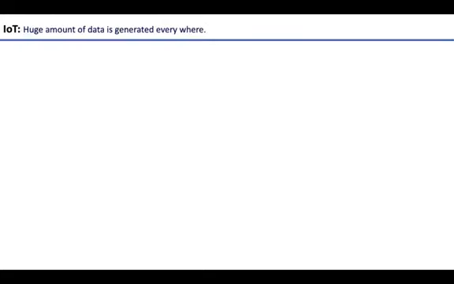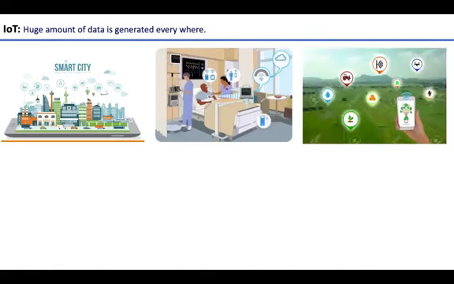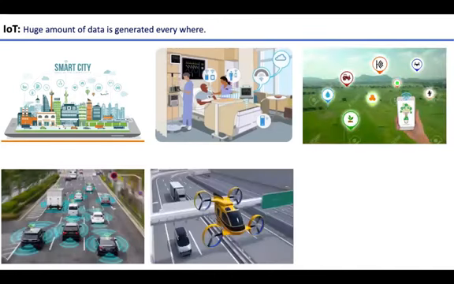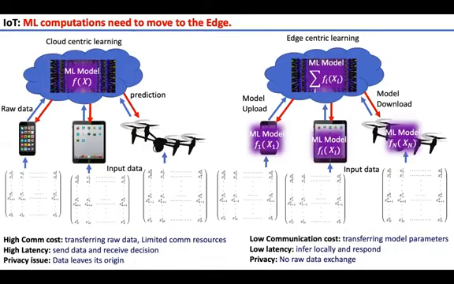With the Internet of Things paradigm, a huge amount of data is generated everywhere and every second. Here are some examples of IoT applications and use cases. We have smart cities, smart healthcare, smart farms, connected vehicles, self-driving drones, and smart industry. With the large number of IoT devices and the huge data they generate, machine learning computations need to move to